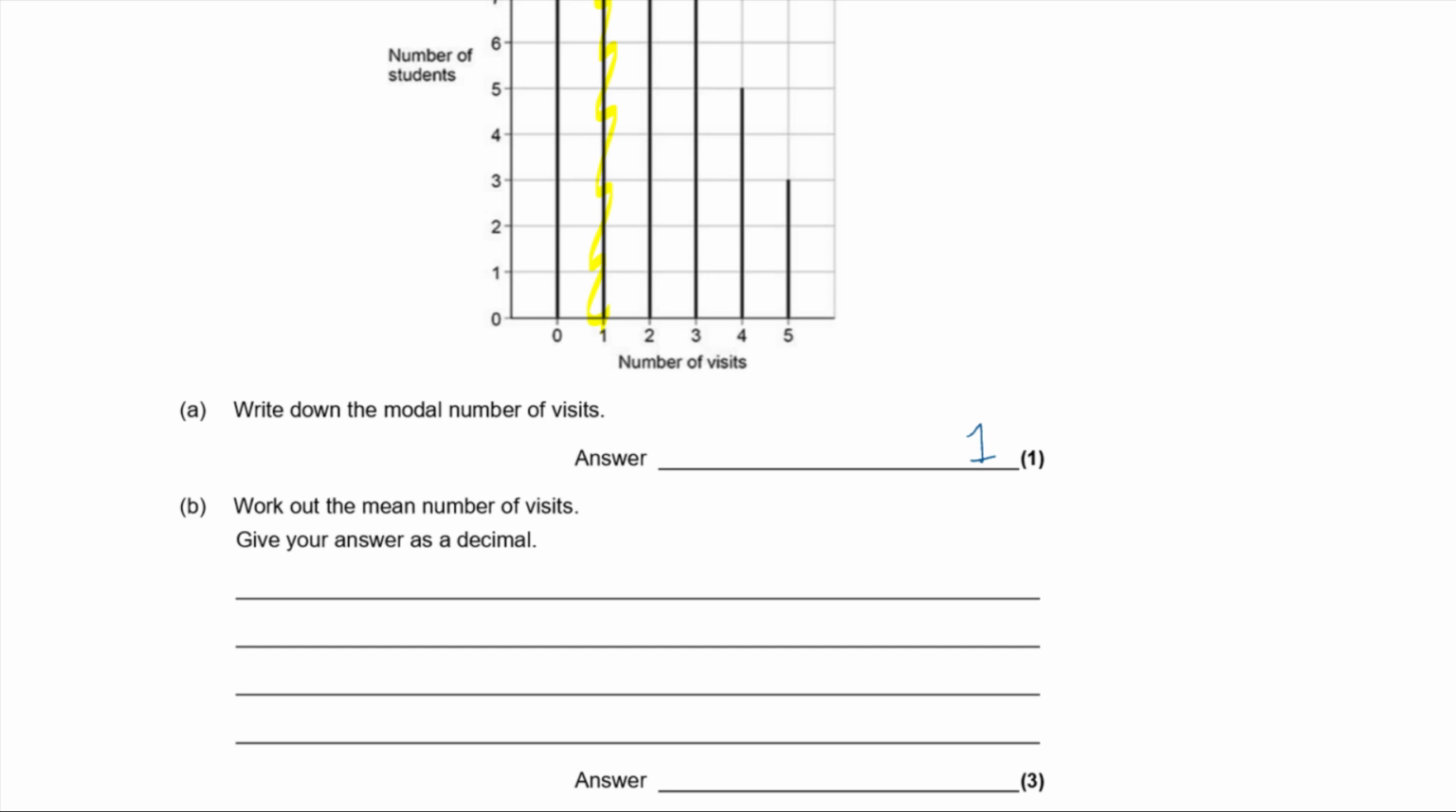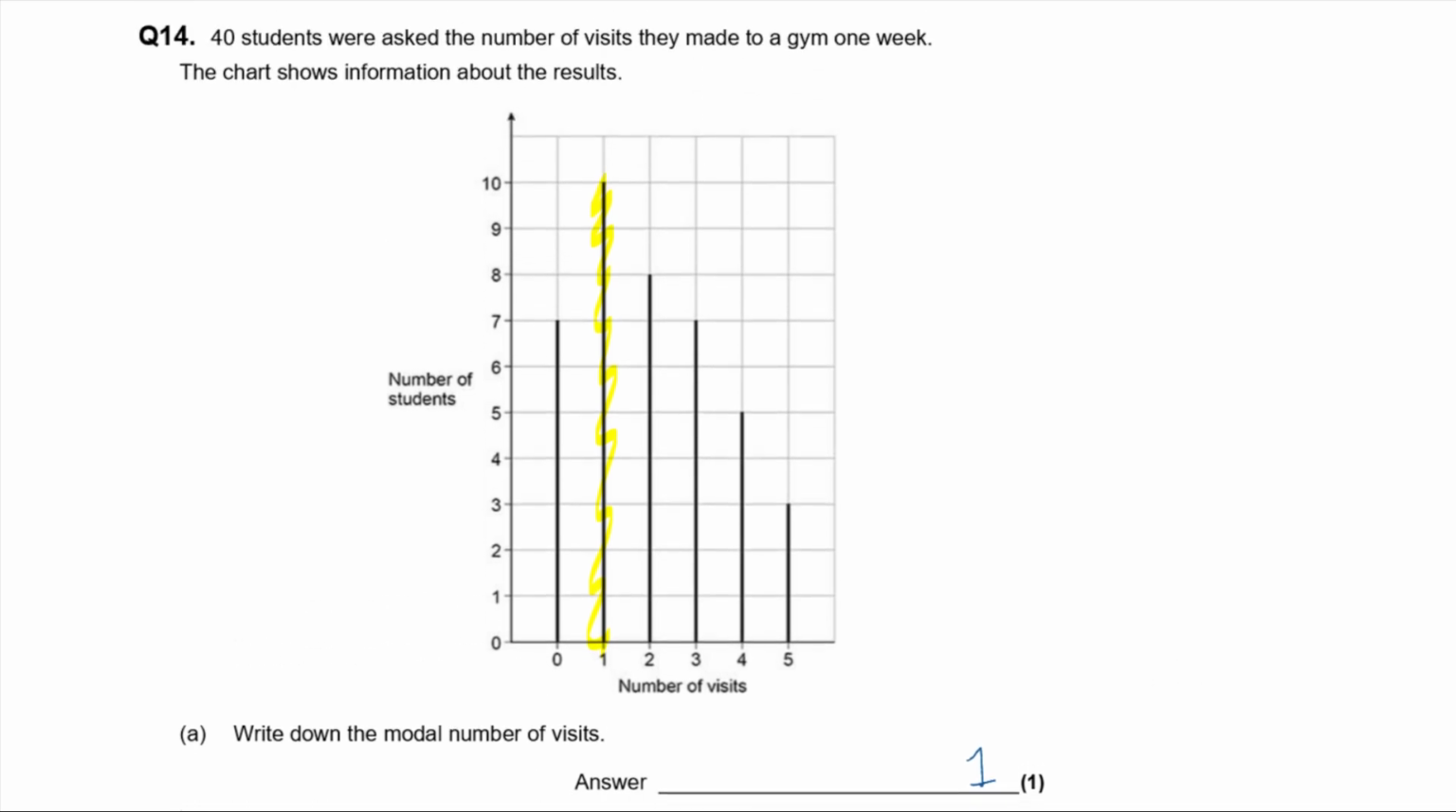Okay, and it says work out the mean number of visits. Okay, so give your answer as a decimal. Now, to work out a mean, you need to know the total number of visits and divide it by the total number of students. Okay, so we're told the total number of students. Here, look, there are 40 students. We could have got that by adding up all the frequencies as well. So like the 7 plus the 10 plus the 8 plus the 7. If we added all those up, we would have got the total number of students also, but it gave us it, so we don't really need to. So total students, that's equal to 40, and total visits,